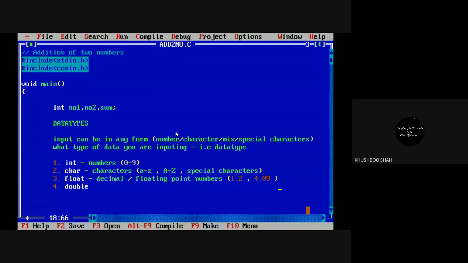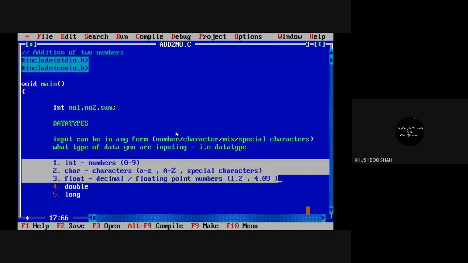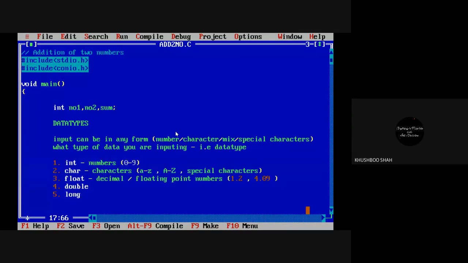Apart from integer, character and float, we have double, long, many others. But what are the uses of these data types, that we will see later on. Whenever we do the programs, we will find that, okay, here we cannot use integer. Why? That we will see later. But right now, because we are just starting with programming, just focus on 3 data types: integer, character,